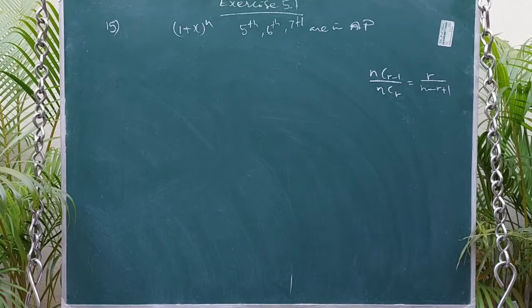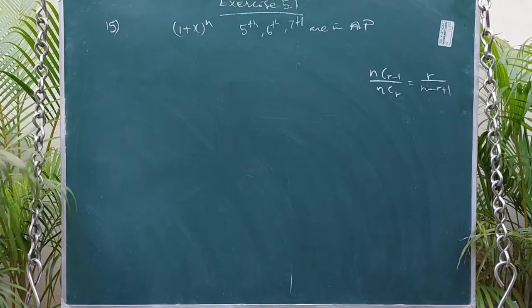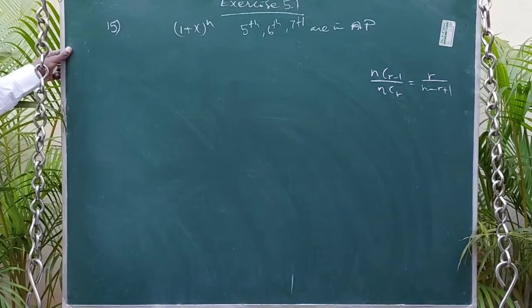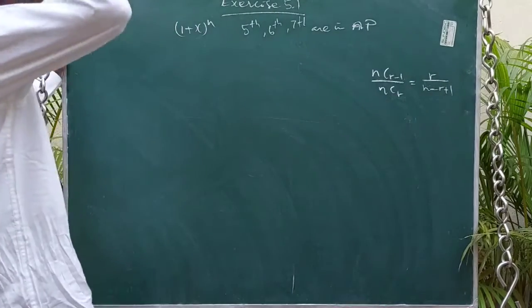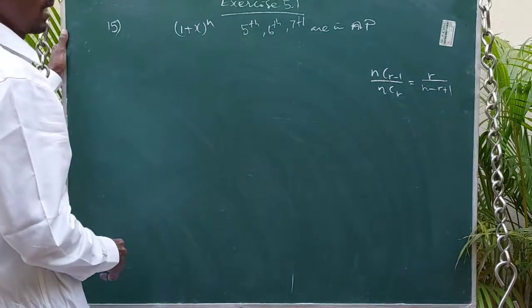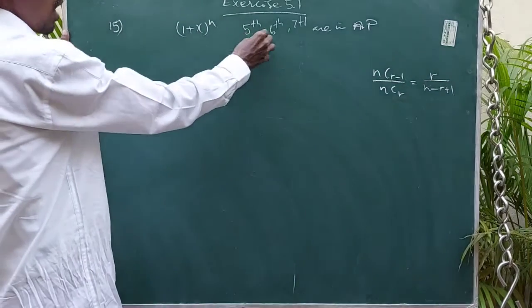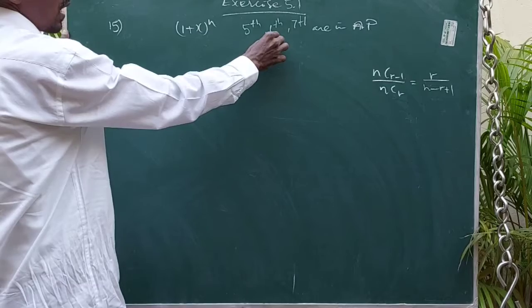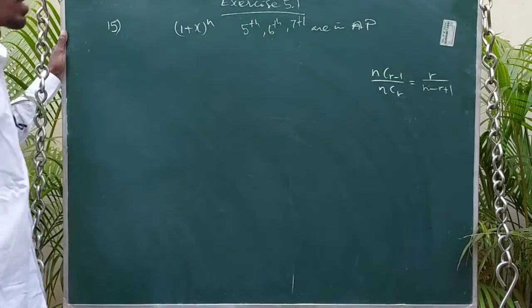Now question number 15 in the exercise 5.1, the question is, in the binomial expansion of 1 plus x whole power n, the coefficients of 5th, 6th, 7th terms are in AP, then find all the values of n. My dear student, already we know that the coefficient of 5th term means NC r minus 1, so NC4. The coefficient of 6th term is NC5 and the coefficient of 7th term is